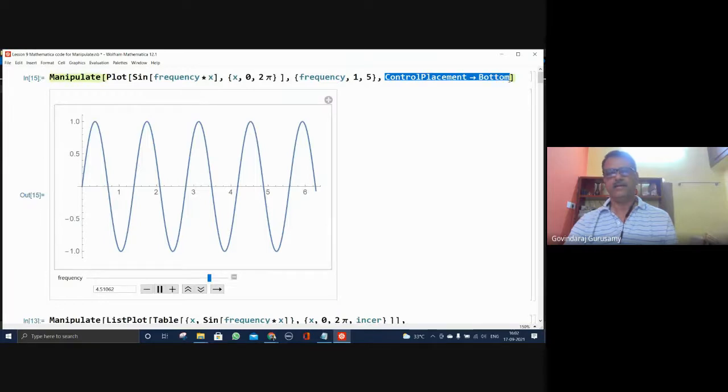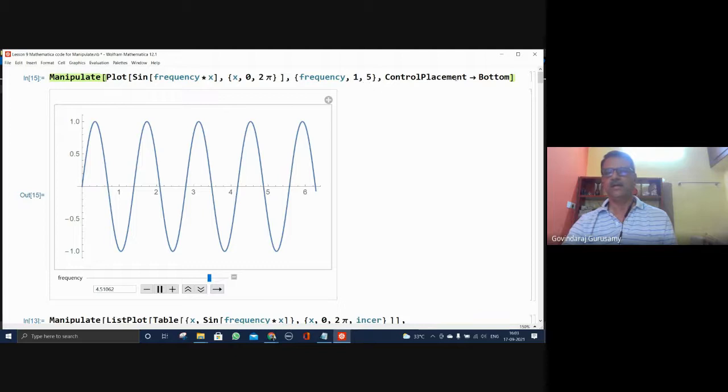And if you wanted to add something here, in addition to that, there are options for the plots. So many options are there that you can add. When you add them, they should be within this plot. You can see, don't come to this point or you will have an error, because this is meant for Manipulate, not for the plot. So if I write PlotStyle here and run it, it's going to be an error. That should be corrected. So PlotStyle is only within the plot, within this square bracket, because the plot closes with this square bracket, and then the Manipulate closes with this.